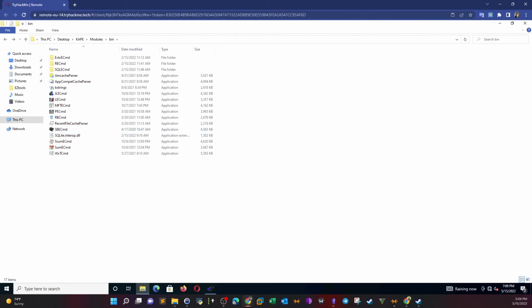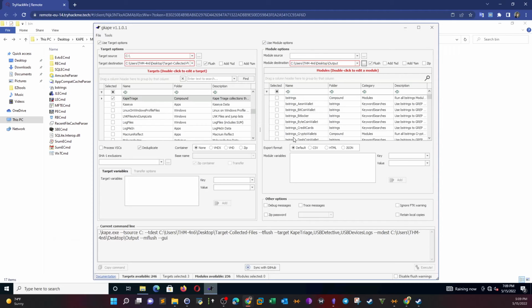Okay, so now we have explained the modules and the targets. It's time now to run our own investigation and collect the artifacts. So once we are satisfied with the options, I'm gonna cancel these. Once we are satisfied with the options, we see at the very bottom the command